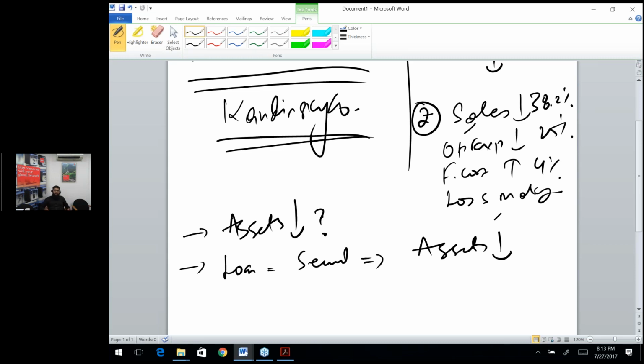Why do I need to panic? The value of the assets is going down. The entity is itself running into losses. So I need to panic with that. Now what else? So that is also one thing. Next situation is